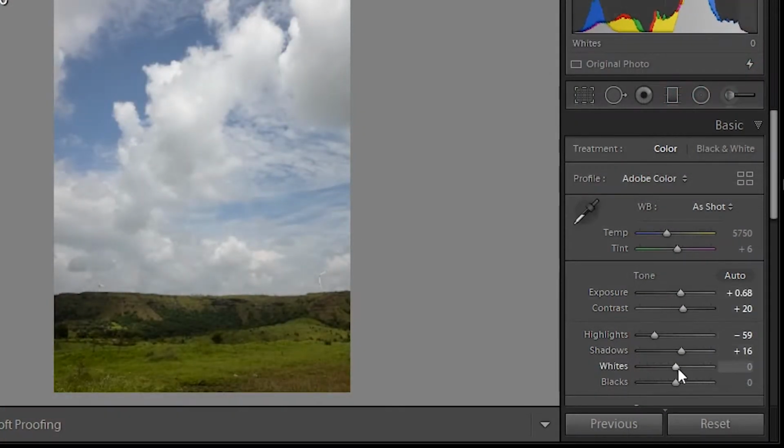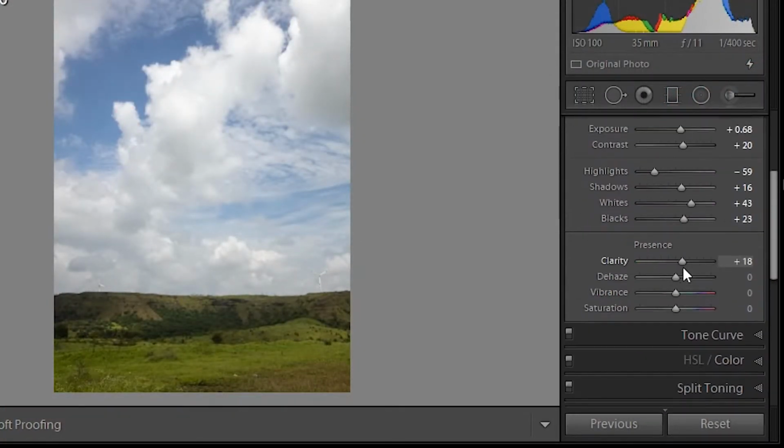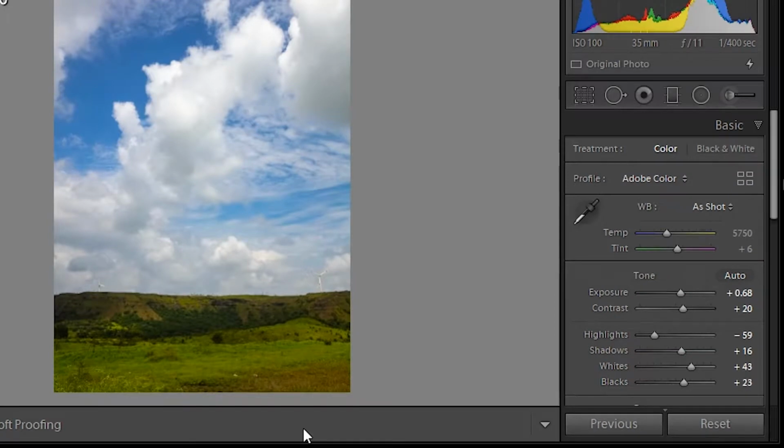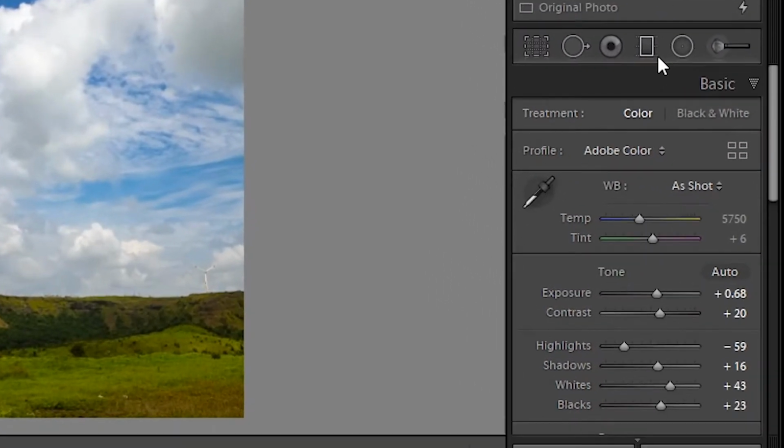I suppose you have been thinking up till now that Lightroom's editing tool applies corrections to the entire image. But you are wrong. Lightroom's graduated filter, the radial filter and the brush tools can apply loads of corrections to selected parts of an image. Interested to know what are the correction options available?